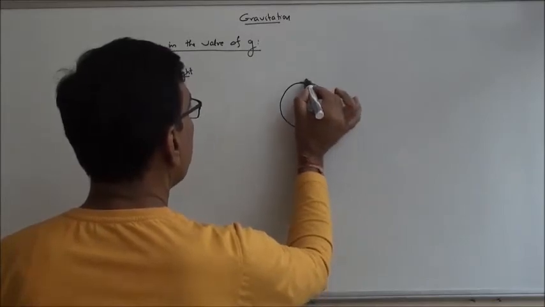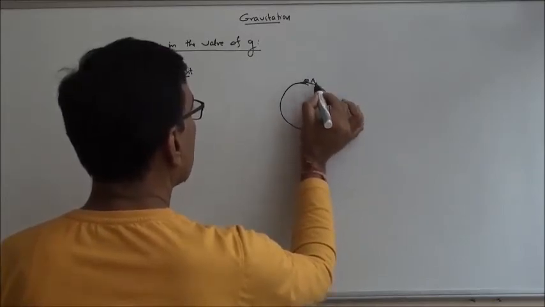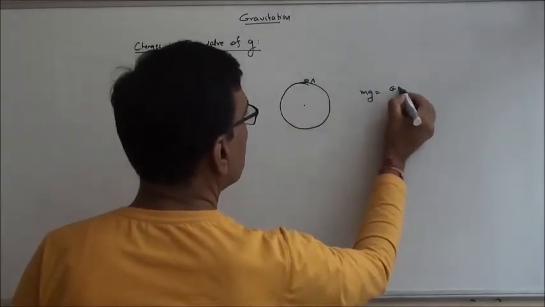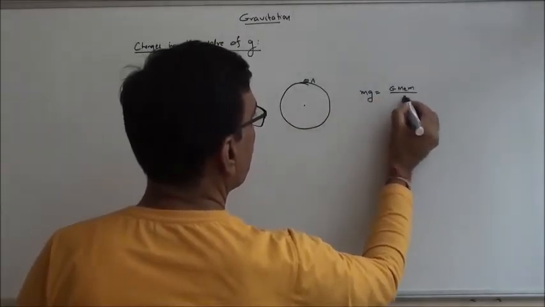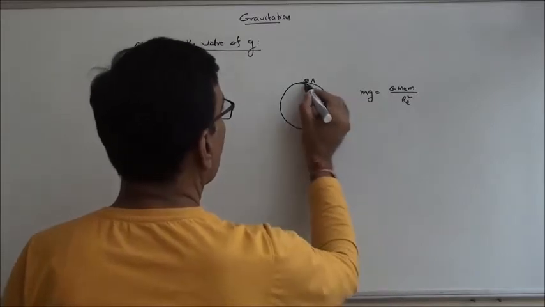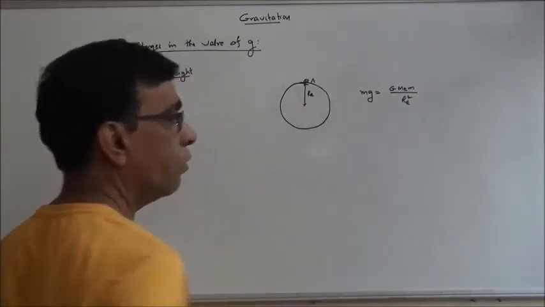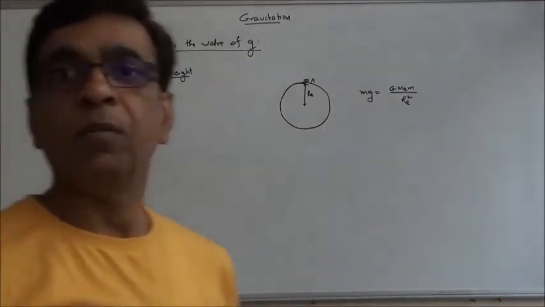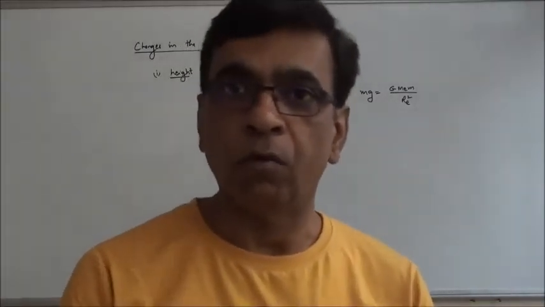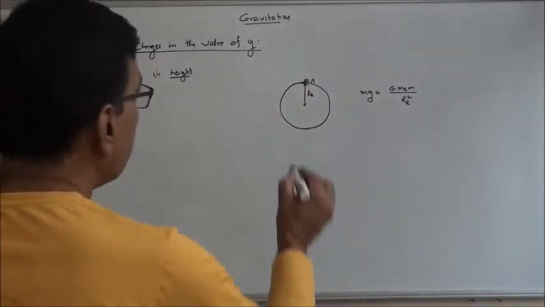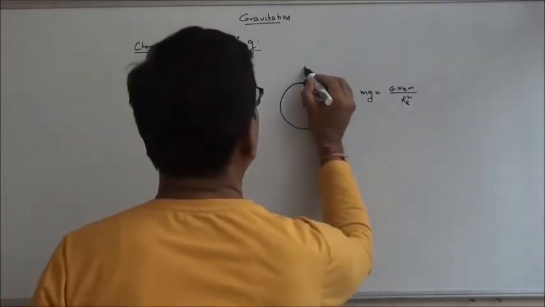So if an object is taken at A, I know that mg is equal to GM_e m by R_e square. R_e is this distance and the gravitational force between them is GM_e m upon R_e square, and this is equal to mg using Newton's second law. If the object is not here, if the object is here,